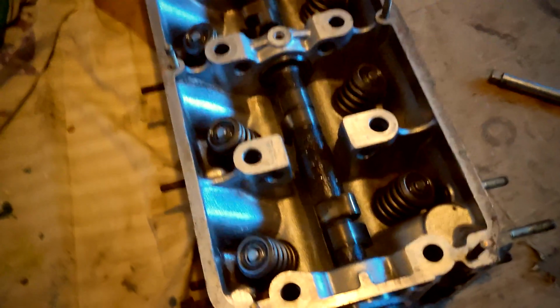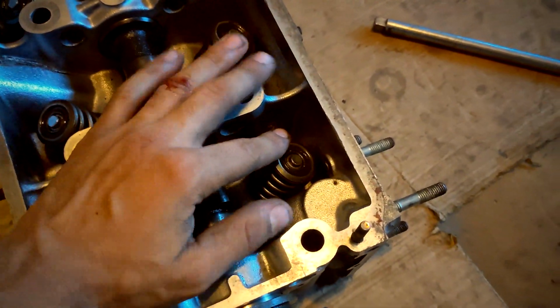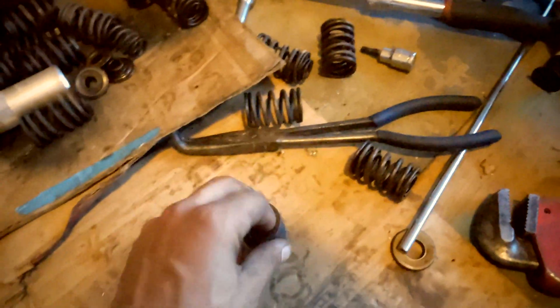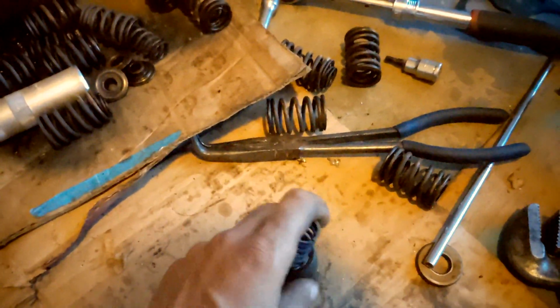All right, the hard part is done finally, which is installing these valve springs. Oh, I got a little bloody knuckle. Part of the game, but yeah, Beamer Heads cam is in, and they're single HD valve springs. For those that don't know, the stock M30 B35 springs are actually dual valve springs. You have one small one that's inside of the bigger one,